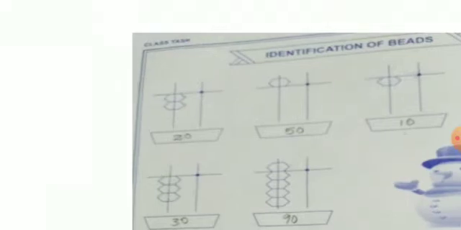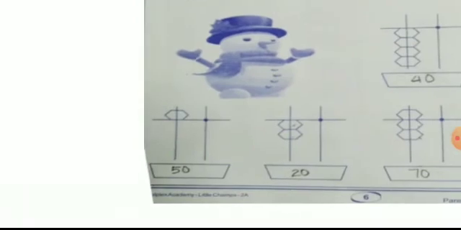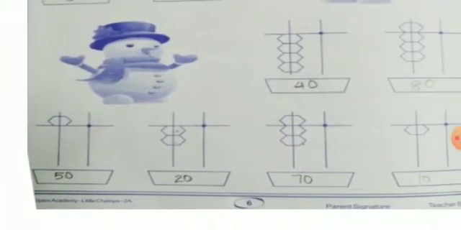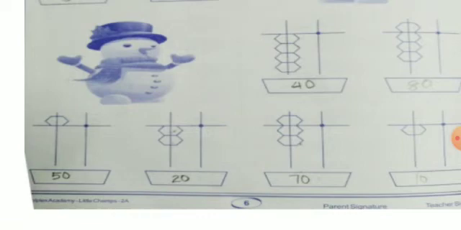And in the second exercise, in ones place nothing is there and we can see one upper bead there. So the value of this upper bead is 50. So the answer is 50. And if we take the last row, here we can see an upper bead again, so we get 50, then plus 10 is 60, plus 10 is 70. So the answer is 70. So like that we can complete this page number 6 also.